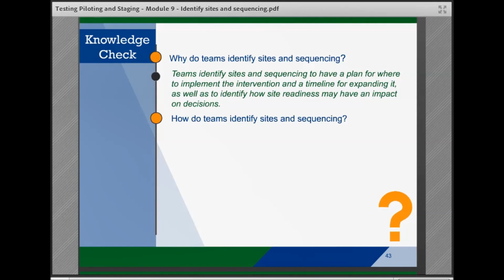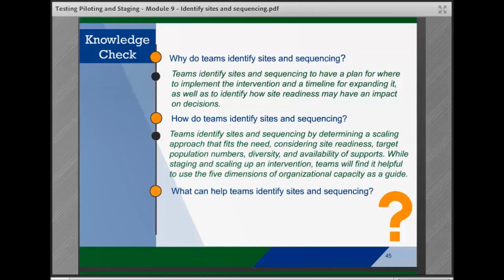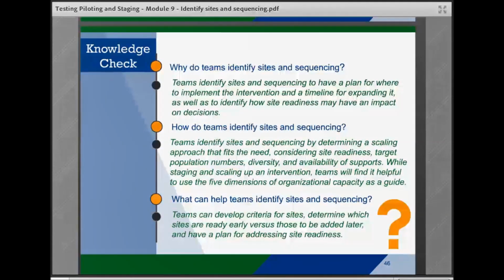How do teams identify sites and sequencing? By determining a scaling approach that fits the need, considering site readiness, target population numbers, diversity, and availability of supports. While staging and scaling up an intervention, teams will find it useful to use the 5 dimensions of organizational capacity as a guide. What can help teams identify sites and sequencing? Developing criteria for sites, determining which sites are ready early versus those to be added later, and having a plan